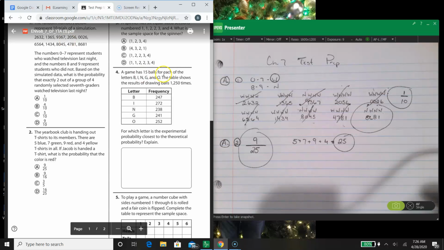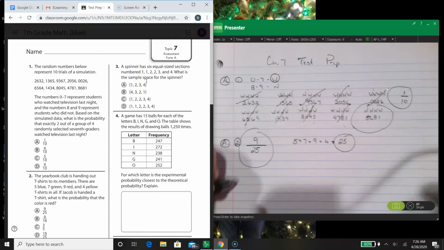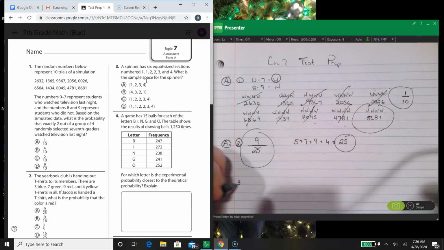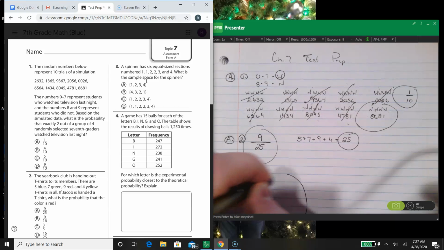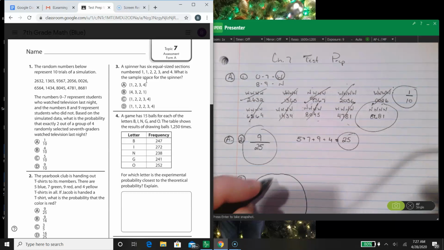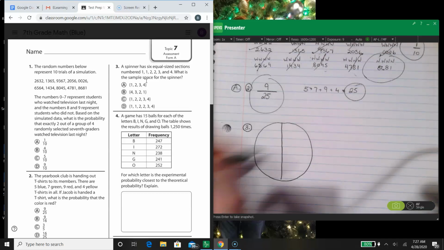Let's move right along. So let's get on to number 3. So number 3, I've got a spinner. A spinner has 6 equal sized sections numbered 1, 1, 2, 2, 3, and 4. So if you're looking at a visual of this, here's my spinner. Need to move it up on your screen a little bit. Here's my spinner,